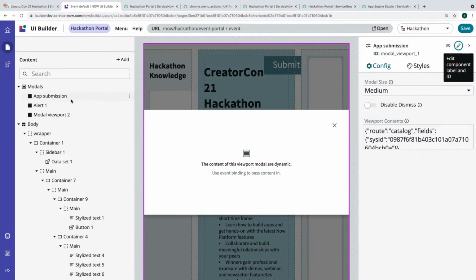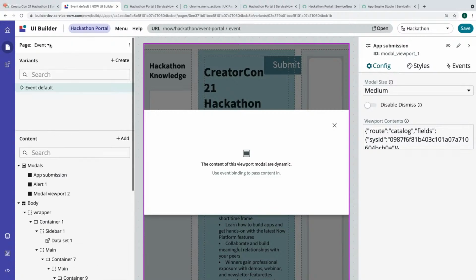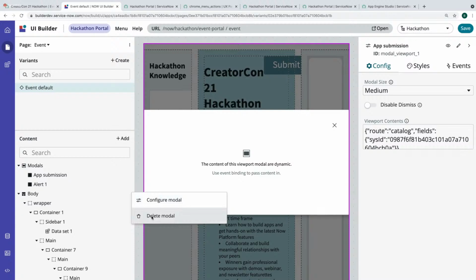You use event binding to pass the content in. I wonder if maybe the viewport... I don't know. Maybe I have to do something different to make that page work like a viewport. I am not sure. Do we know of any that are shipped that work like that we could flip to? I don't know off the top of my head.